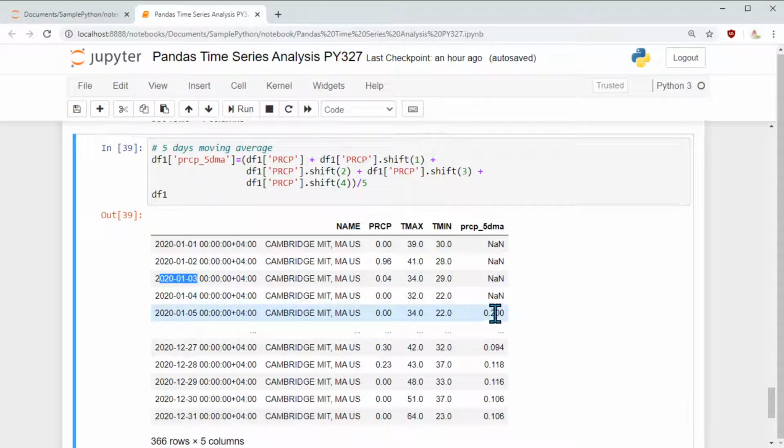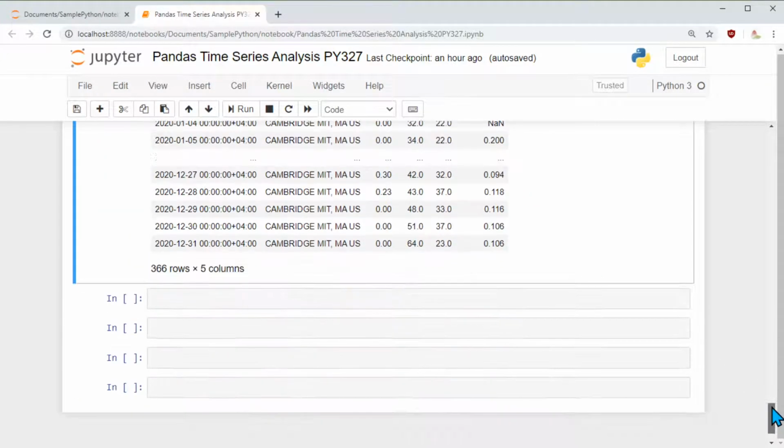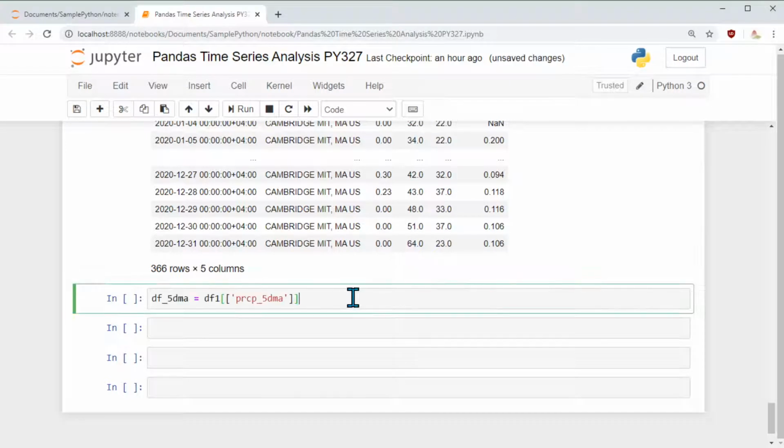So I want to shift it up. But each time I shift up or down, I'm going to lose information. Sometimes I want to shift the key or the date, and sometimes I want to shift the data. So now if I want to shift the time, what can we do? Before we do that, since we are studying only this 5-day moving average, why don't we keep that in a separate data frame?